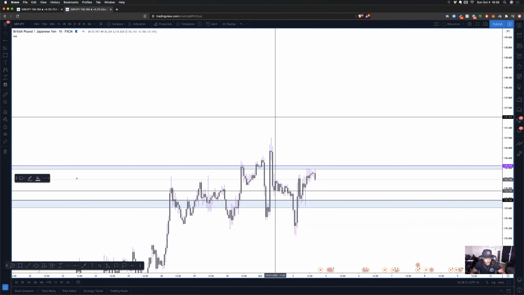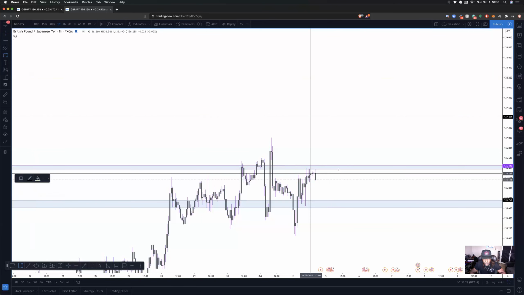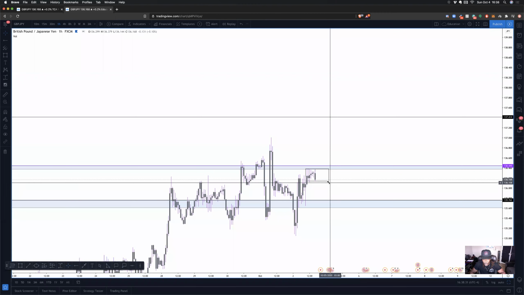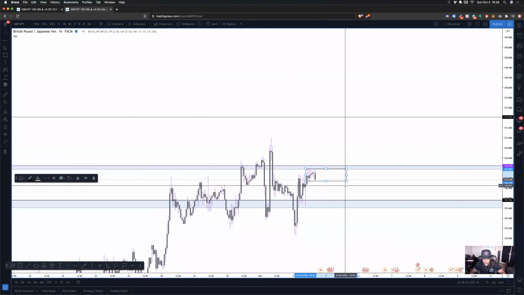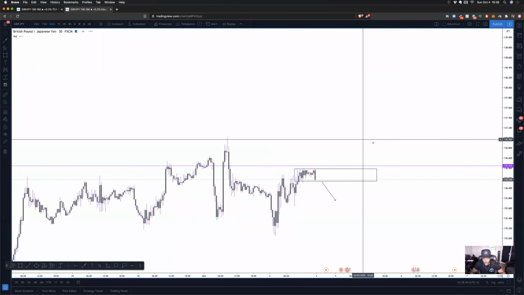So what you could do, you could highlight this region and say if price breaks below this box region, then you know most likely it's coming back into this region here. Let's go into the 30-minute